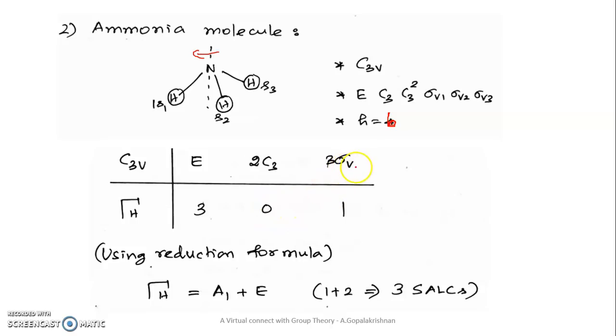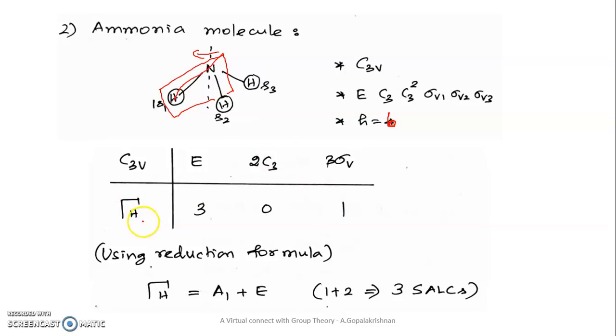Then we should carry out the vertical plane reflection. Listen, we will do reflection along the reflection plane passing through one of the bonds, right? Suppose you take this bond, this is the sigma v1 plane. Sigma v1 plane passes through this hydrogen, and it is in between these 2 hydrogens. So if you do reflection, these 2 hydrogens exchange their position, whereas this hydrogen remains in the same position. So the number of unshifted hydrogen atoms is 1. Are you able to understand this?